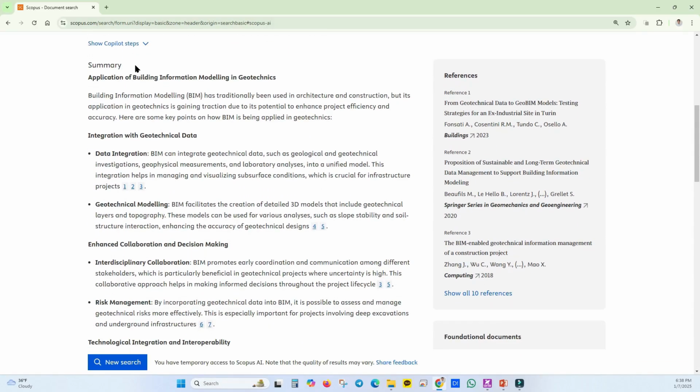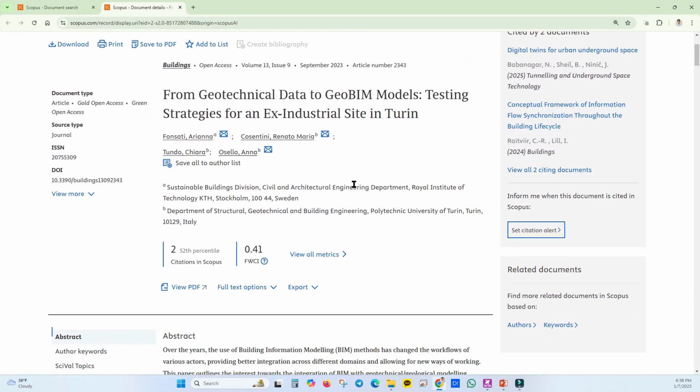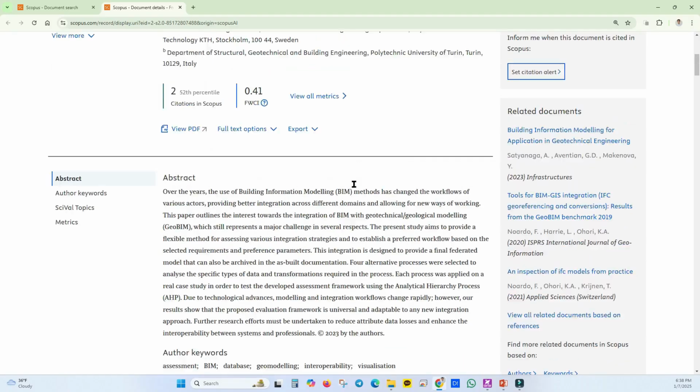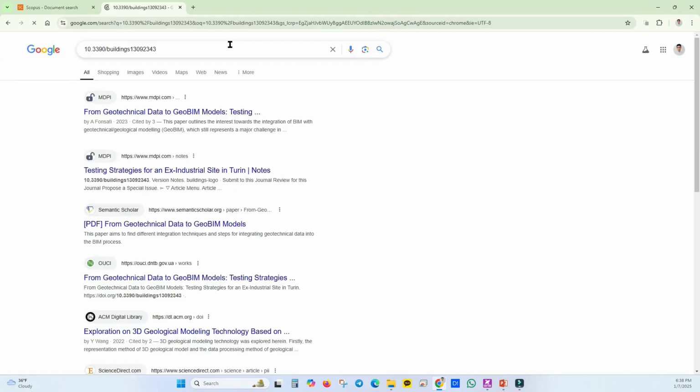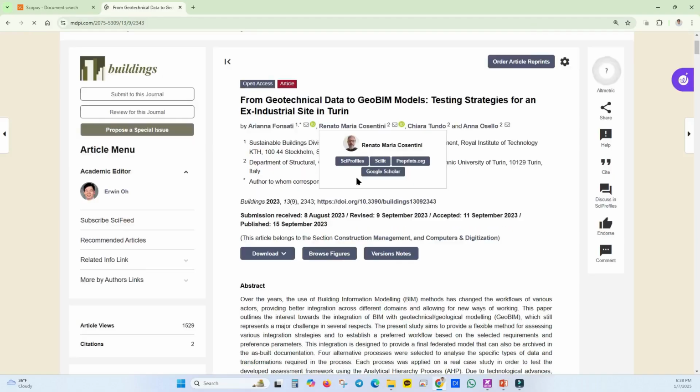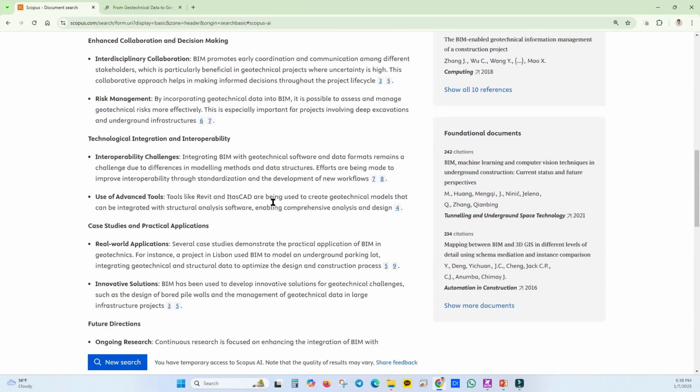Well, as you can see, it has generated a summary for us on this topic, and in this section we can also see its articles. If you simply click, you can easily go through them one by one, meticulously find the specific article pages, and you can also conveniently search here using their unique DOIs, which are digital object identifiers. You can access the full article in this way. All right, let's go back and scroll down.